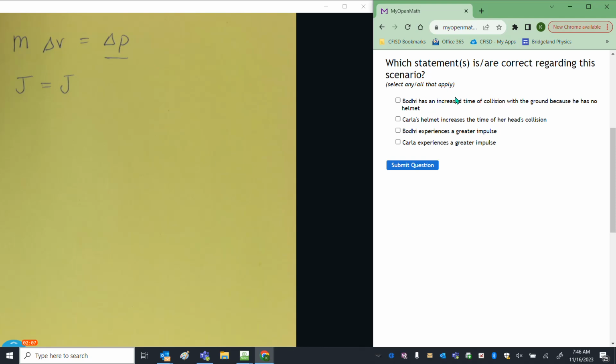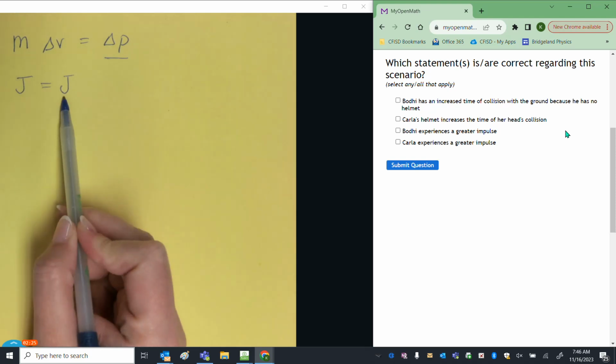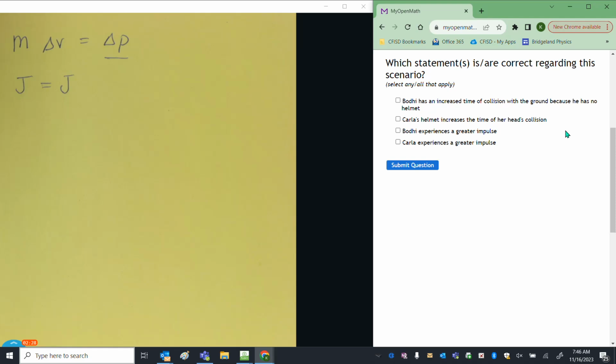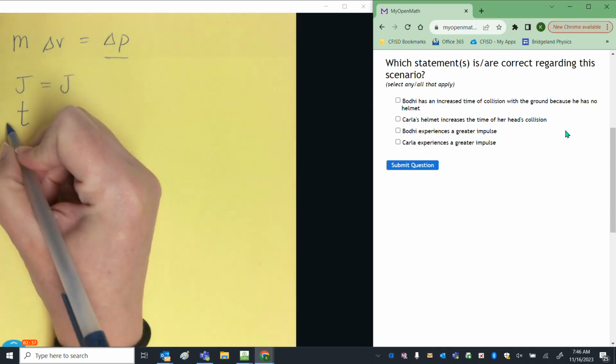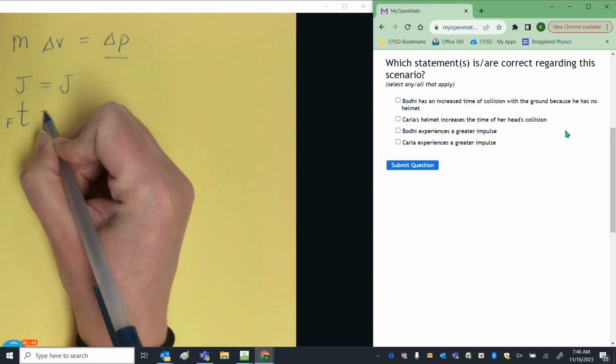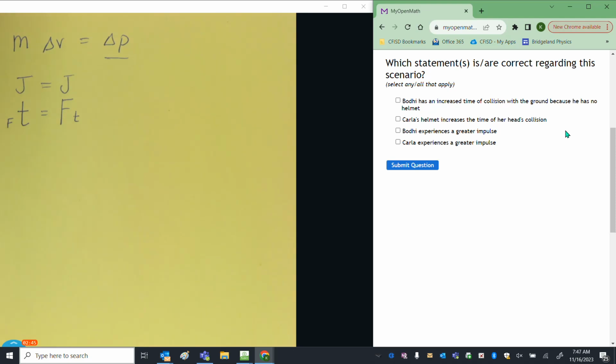So let's take a look at the answer choices here. This one is talking about time, so let's go ahead and look at that too. Who has more time, or is that the same also? That's the thing that's not the same. Although the impulses are equal, the forces and the time are not. This is just like with your bumper the other day too. When you guys ran that thing down the track, you wanted to have a greater amount of time so that the force was smaller. If you have a smaller time, you'll have a larger force. This is that relationship we've talked about over and over again.